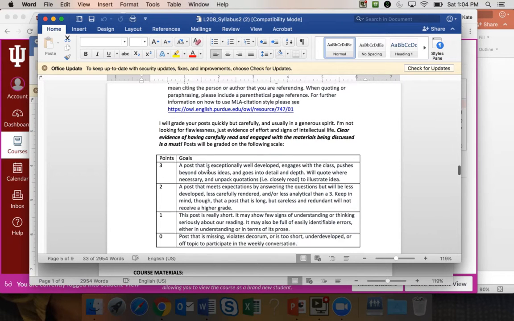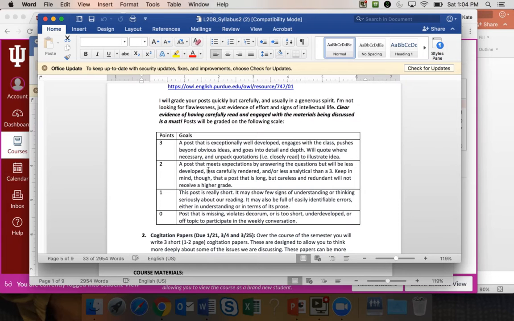Now, in terms of grading, I'm going to be grading your post quickly, but carefully and generously. I'm not looking for flawlessness in your posts. I'm looking for evidence and signs of intellectual life. Clear evidence of having read carefully and engaged with our course materials is absolutely a must. Your posts are going to be graded on the following scale. A 3